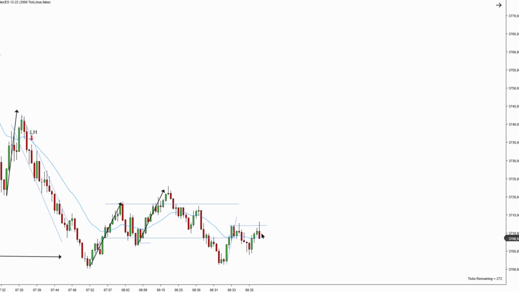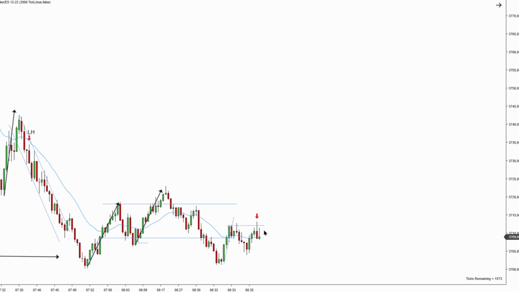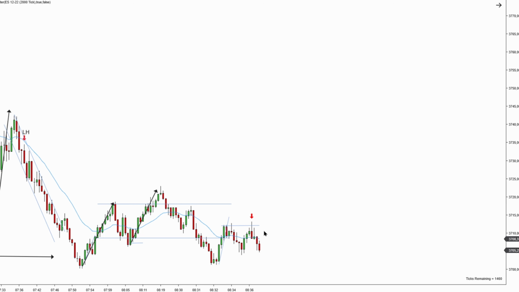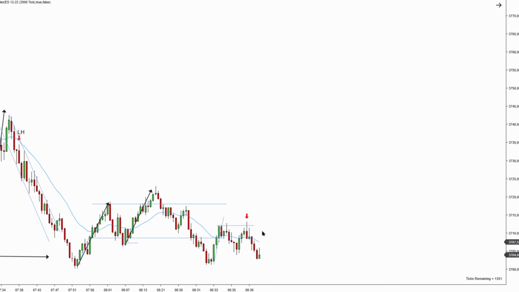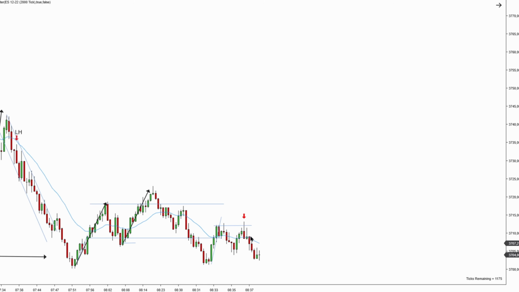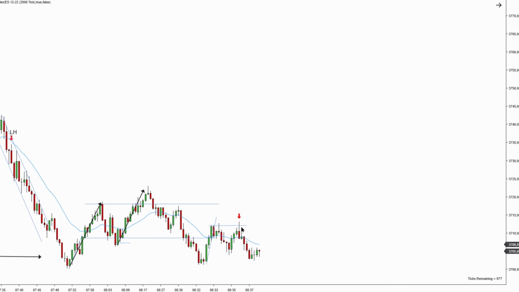It is not a variation of a two-legged pullback. This is a more advanced trade, but as you can see the massive bearish bar reversal, you can see the bearish bias, and you see a micro double top. I took this trade myself and it resulted in a fairly decent, quick, easy scalp. But it's a little bit more advanced. There is no second entry short, but I like the context, the double top, close below EMA, and the big